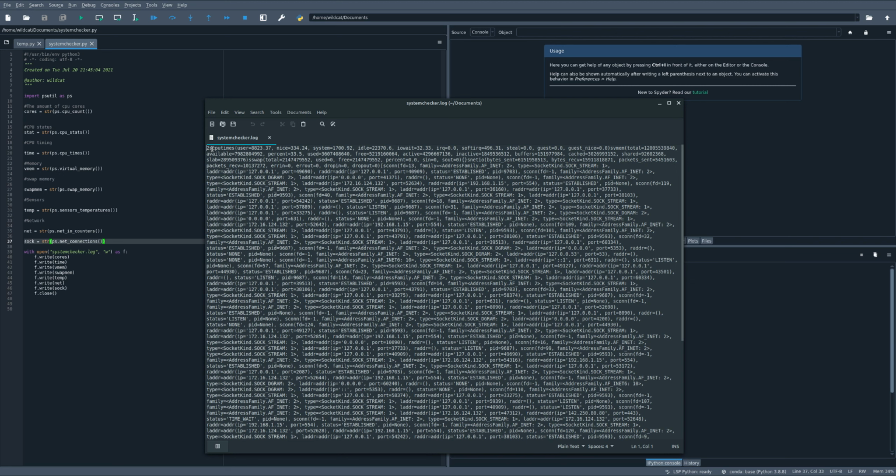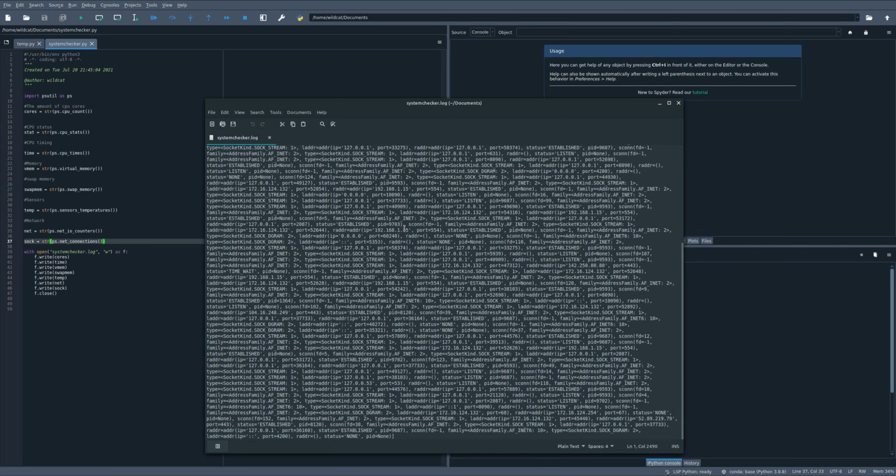At the top, we see that we have two CPU cores, which I'm using on this virtual machine. It gives me CPU time information. It also gives me information about the sockets and network information. I see my localhost IP address and lots of other information that is there. So this is just a quick overview of how to create your own personal log file to check your